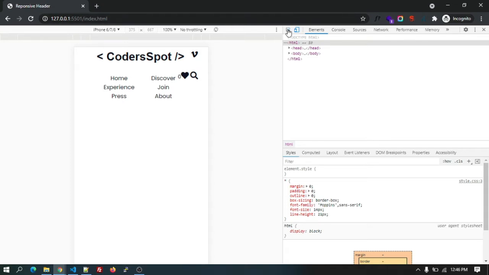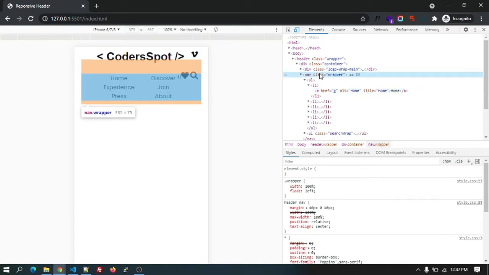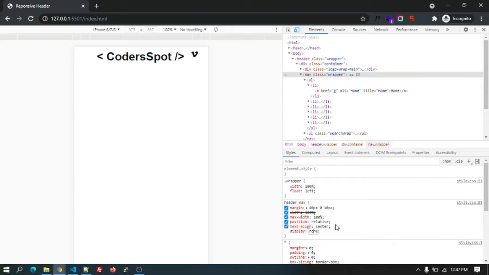First thing, we need to hide this menu for right now, so we will make it display none.